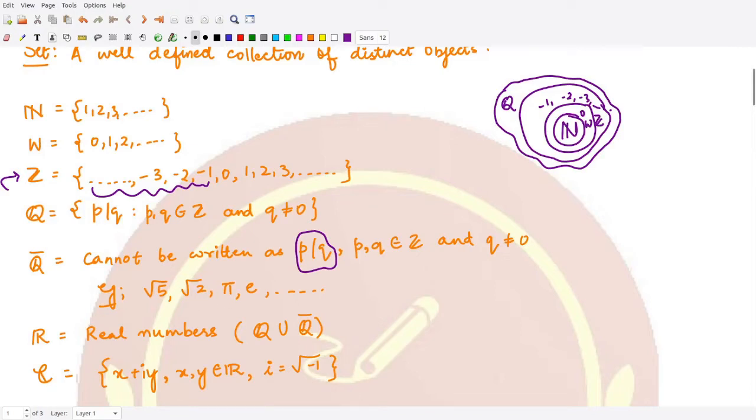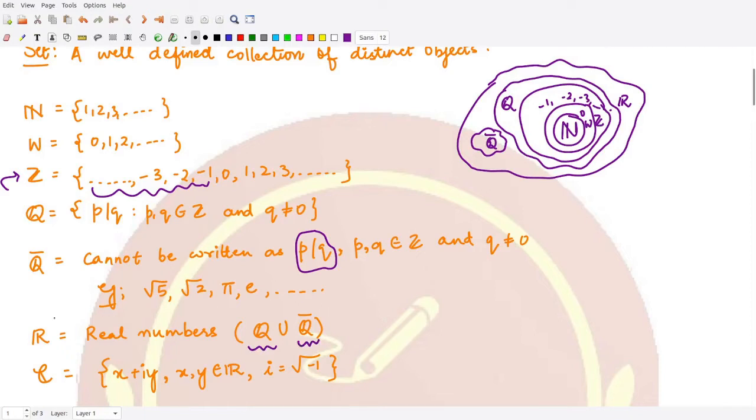So irrational numbers do not contain any one of these, so they are simply a disjoint set. That is the set of irrational numbers. Now if you add all of them together and form a newer set, that set is the set of real numbers, right? It contains both the rational numbers as well as all the irrational numbers. So basically the real set contains all the sets which are present before this one, right?